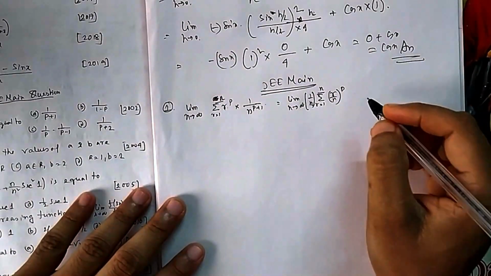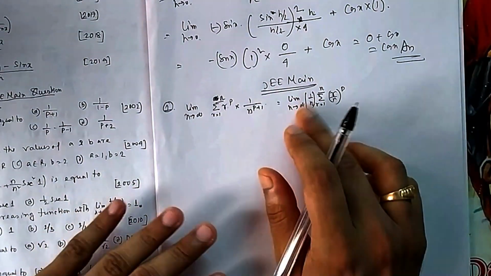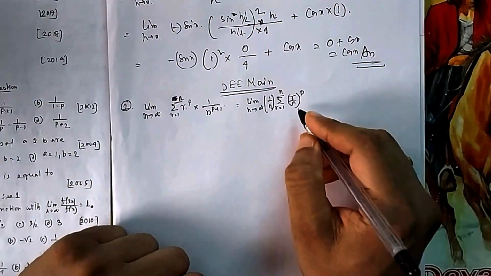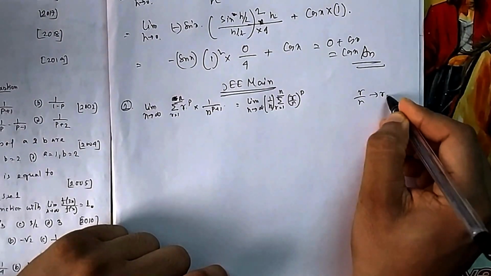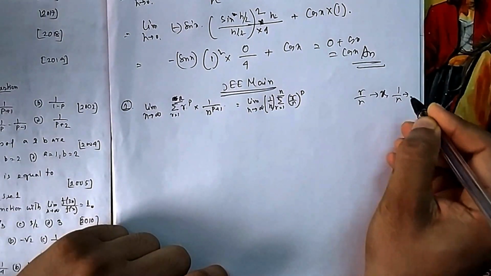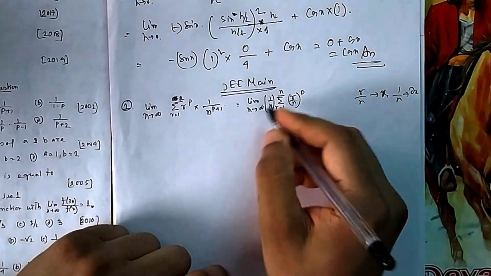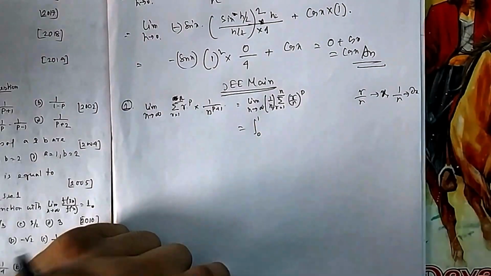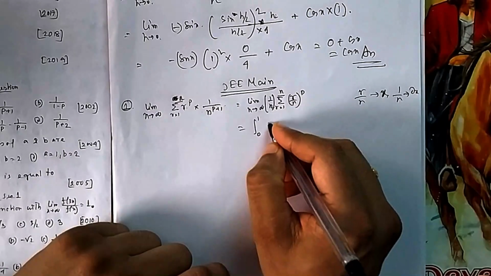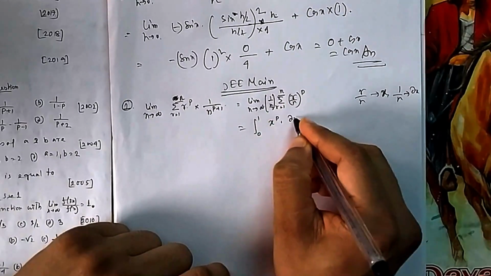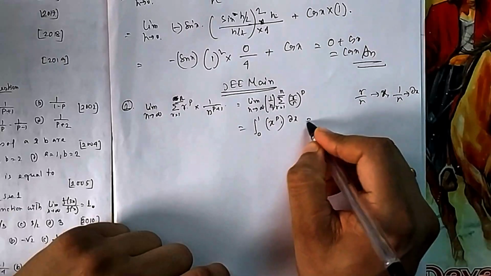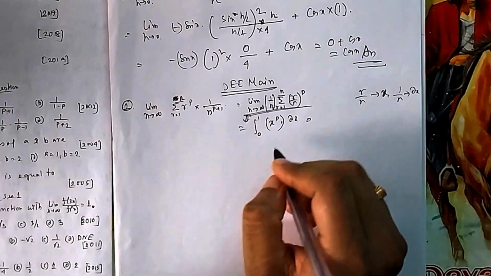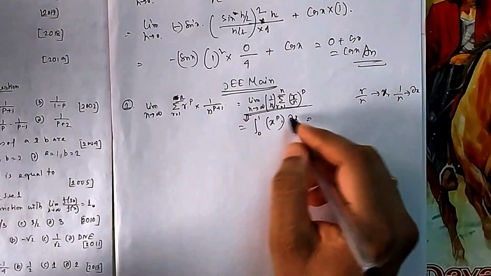So for those who know definite integral, this is just the definition of the limit of a sum as a definite integral, where we always treat r by n as x and 1 by n as dx. So it will look like integration from 0 to 1. How this 0 to 1 is coming, that also we will explain in definite integral. And this is your x, so it is x to the power p, and this is your dx. So it looks like this. For those who know, they can directly apply. For those who don't know, we will explain it in definite integral in the limit of a sum problem. So it is very useful.